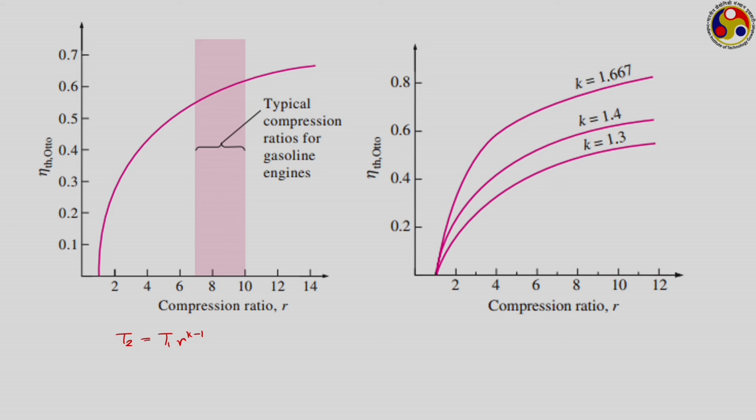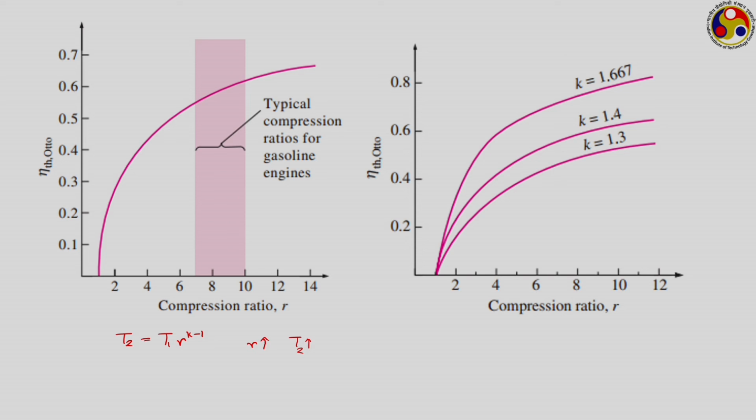So, as R increases, T2 keeps on increasing. So, the higher the compression ratio, the temperature of the gas or air at the end of compression also keeps on increasing. Now, in the ideal case your working medium is air, so there is no issue, but in an actual cycle we have some hydrocarbon fuel, and every hydrocarbon fuel has an auto ignition or self ignition temperature. Now, if during the compression process we set the compression ratio such that T2 becomes higher than the self ignition temperature, then before the compression process finishes, the mixture or your fuel will start to self ignite,